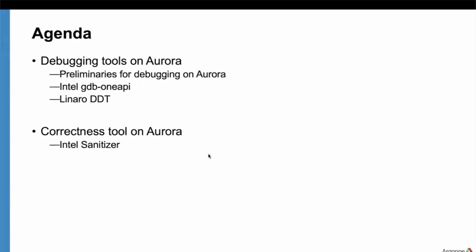so this is the agenda for today. For the debugging tool side on Aurora, I will talk about some preliminary steps for debugging on the Aurora system, and then I will talk about Intel GDB OneAPI and then Linaro DDT as a parallel debugger at scale. And then I'm going to talk about the correcting tool called Intel Sanitizer, so I can detect several issues, for example, some out of bound issue, data race, data deadlock, and some initialization errors, something like that,